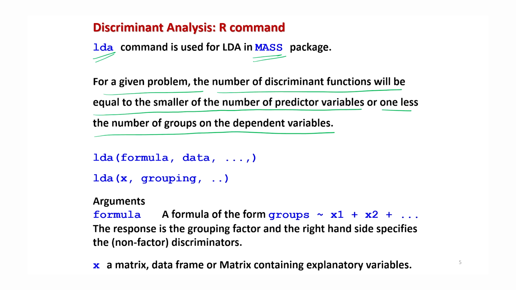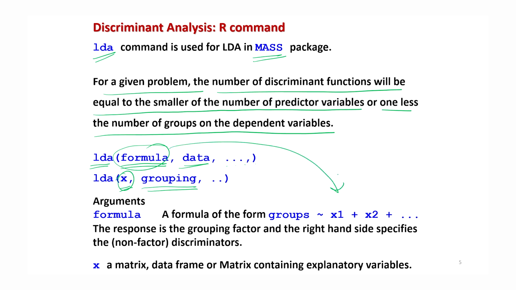Then I will show you how to decide which linear discriminant function is better to use. We have certain criteria. So the command here will be lda, all in lowercase, then the formula, or you can give the data as x. In the first case, if you give the format of a formula, then you have to give the data, and there are many other options. If you use the command in the format of data, say x, then you have to define a grouping variable also. So the formula is going to be defined like that.